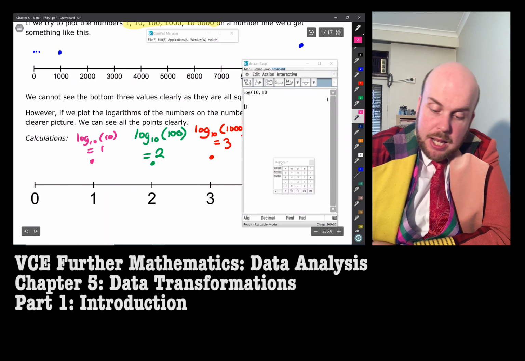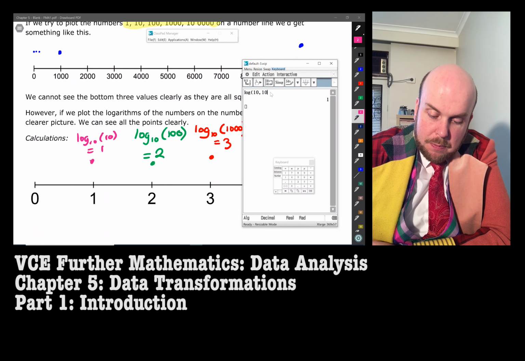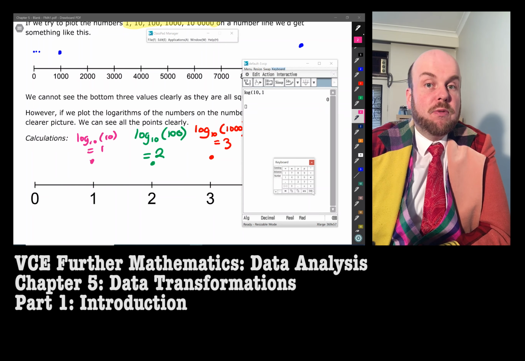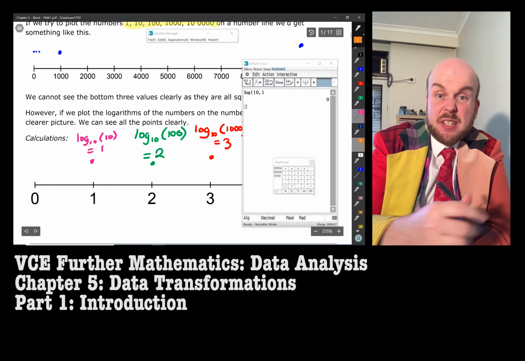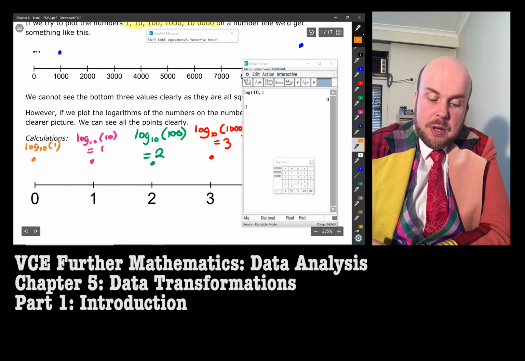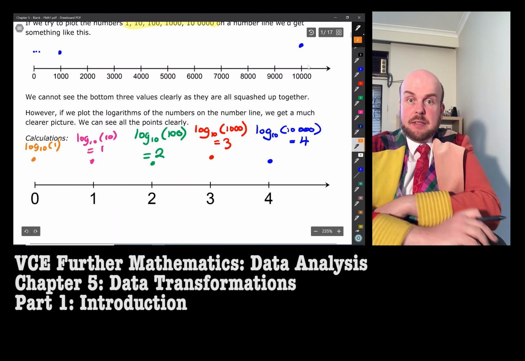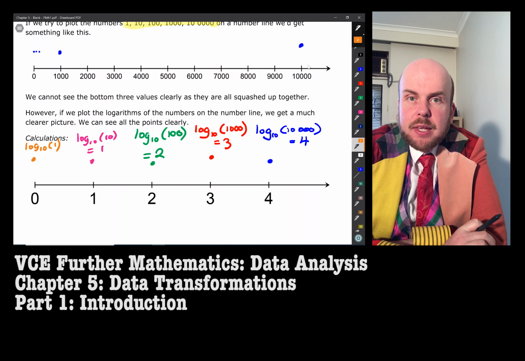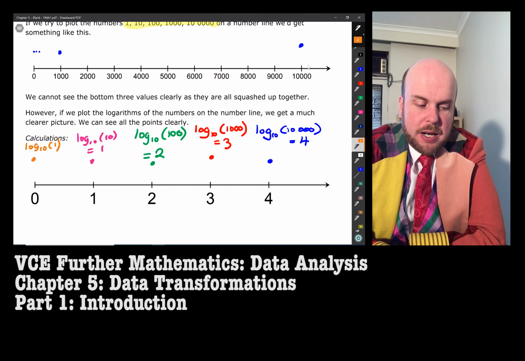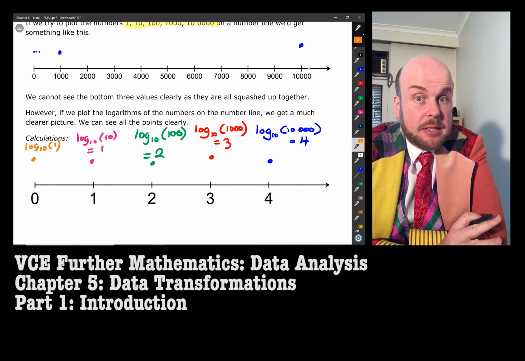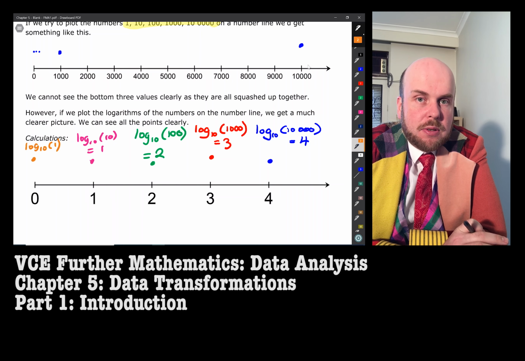It's equal to 1. And then you can possibly guess from this pattern that I've prepared here that the log 10 of 1 is equal to 0, because there's no zeros. So when I make my little graph, or when I've done my number line, I can actually see all the values, and I haven't got a huge radical big space, and I can be a little bit more accurate. Now this, in the grand scheme of things, we use this in data